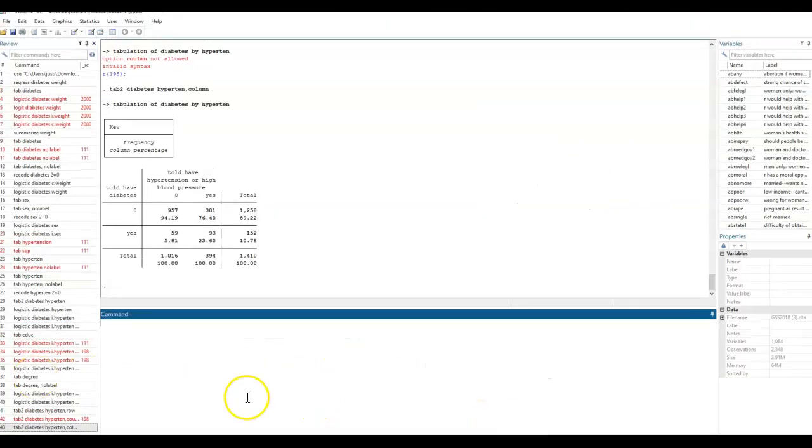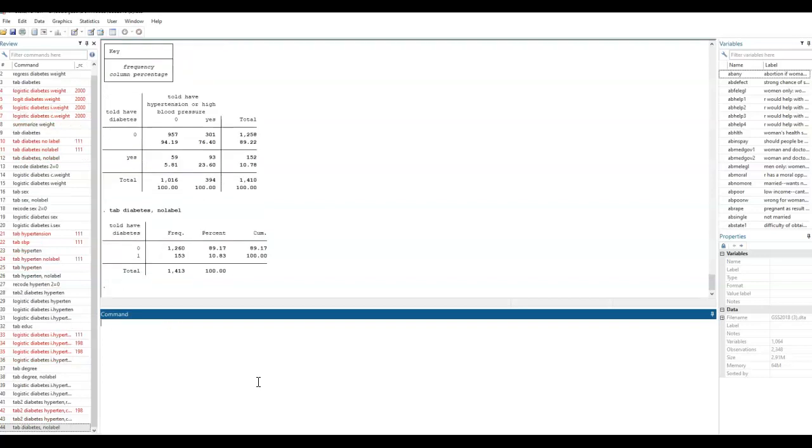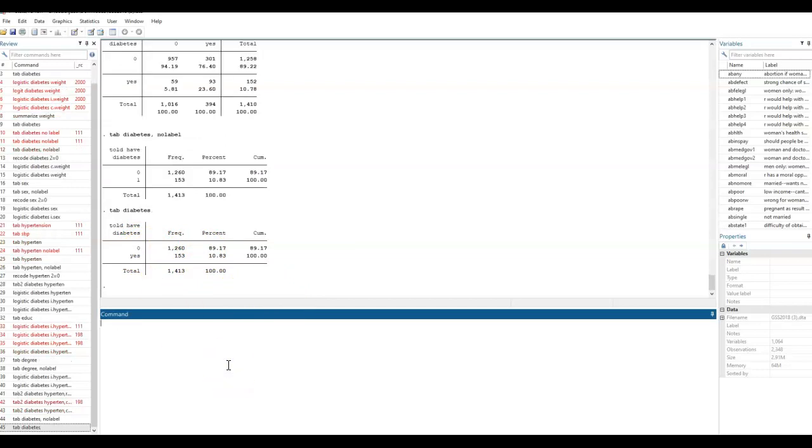I'll actually recode it back to how it was. So tab diabetes, comma, no label. Make sure you're adding that just so you see. So I've already had 0 and 1. Initially that wasn't what the case was. But if I did tab diabetes, we can just see that told have diabetes is 1 and no is a